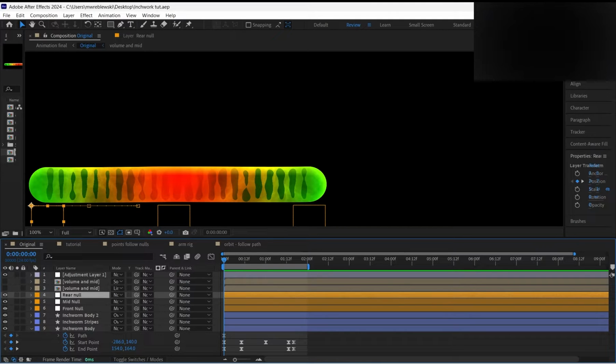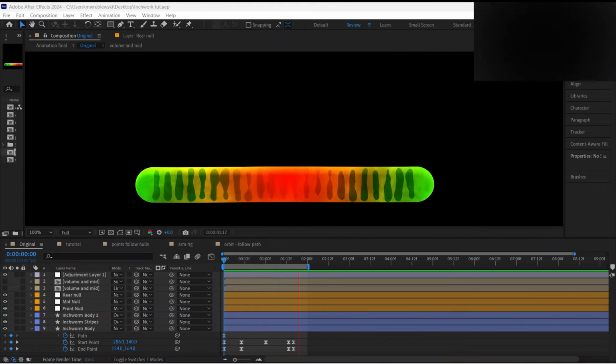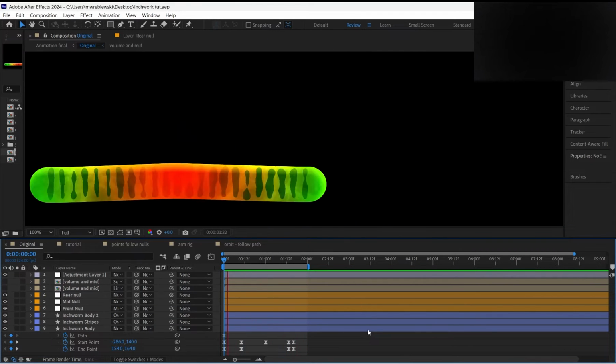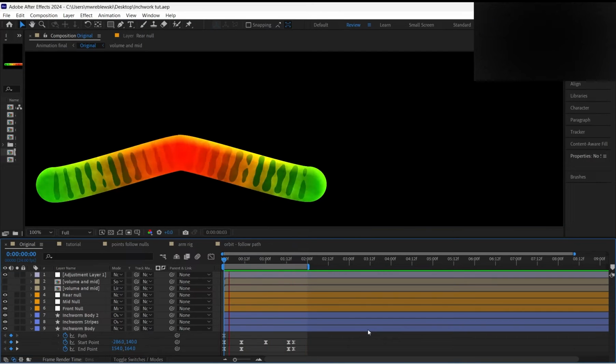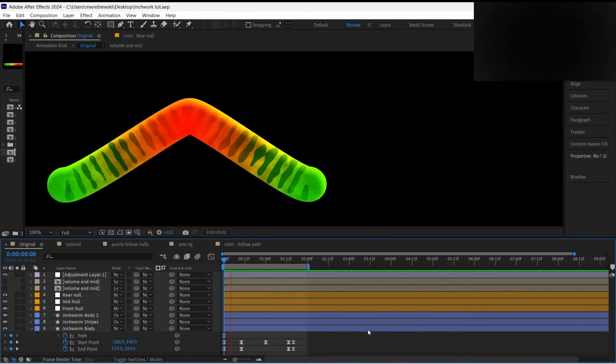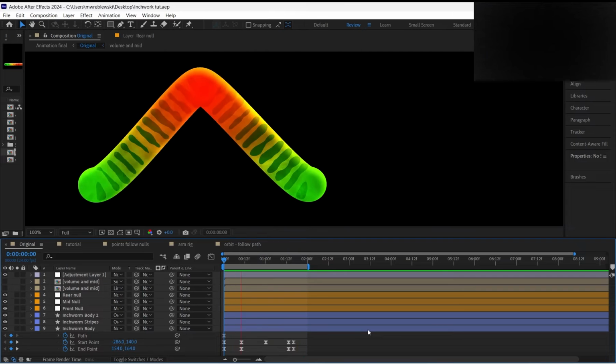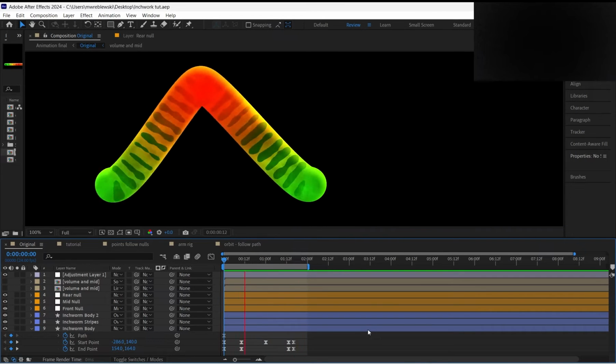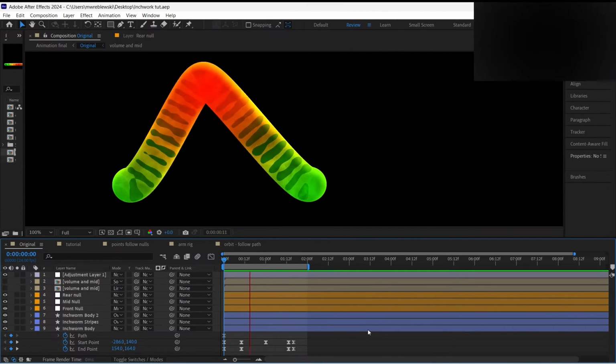Almost all animators and motion designers start off learning animation by doing the bouncing ball. I wanted to try something newer that still incorporates a lot of those techniques and push it a little further. So I came up with the inchworm, and I'm going to do a beginner version and then an intermediate and